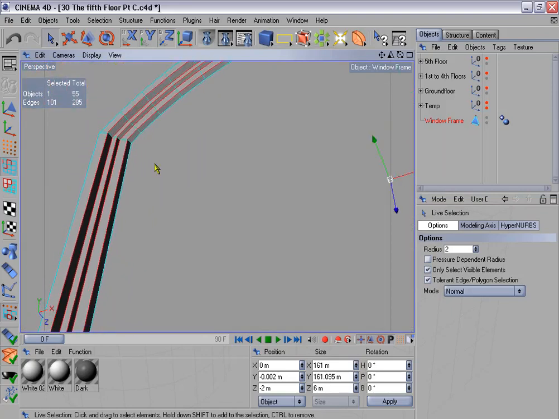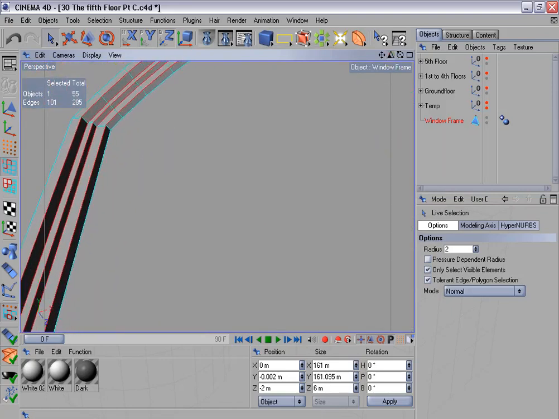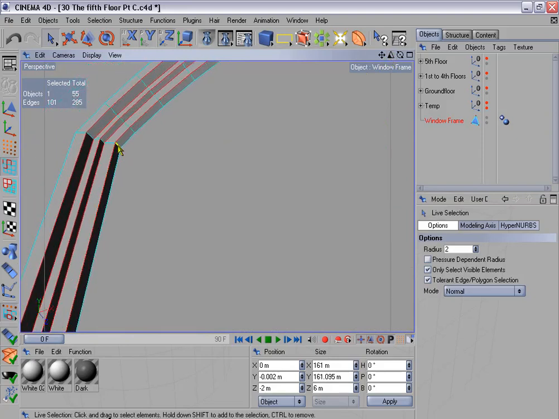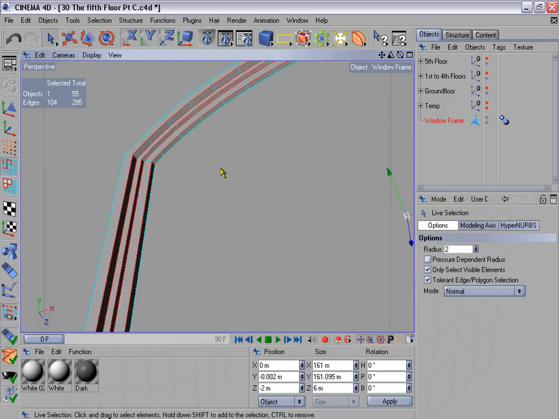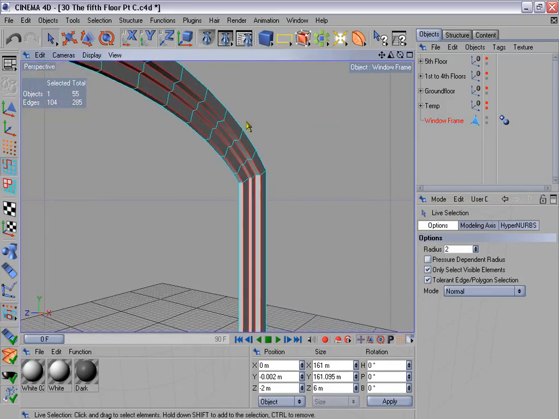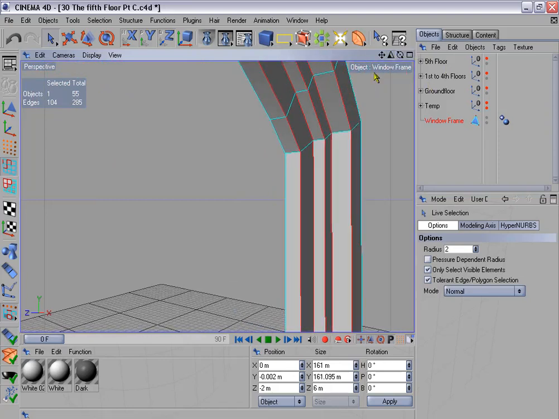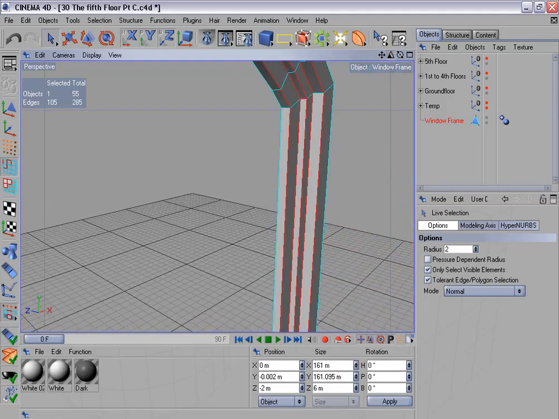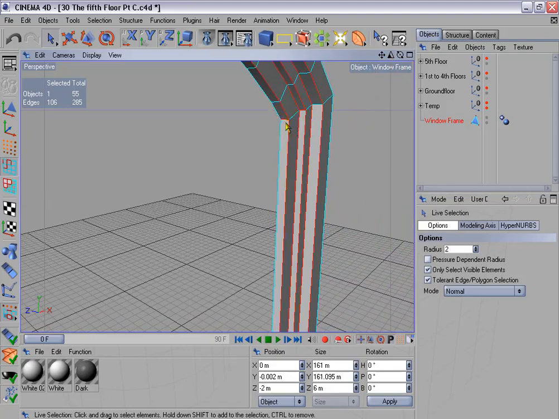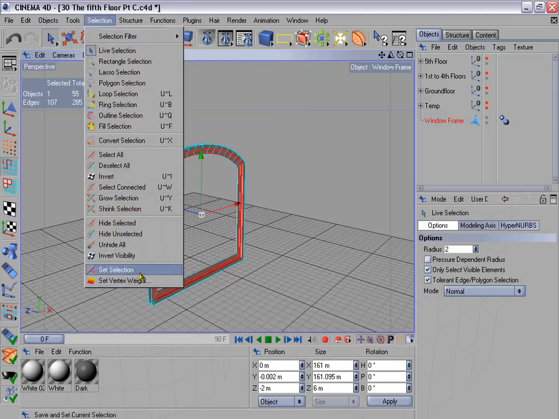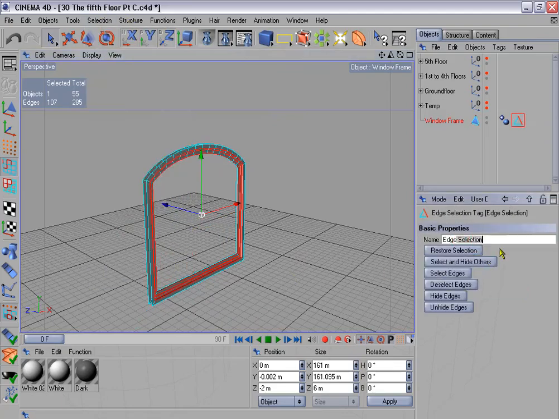Okay, and up here we need to select these edges. And over here we need to select these ones. Okay, save this selection, rename it to edges for beveling,